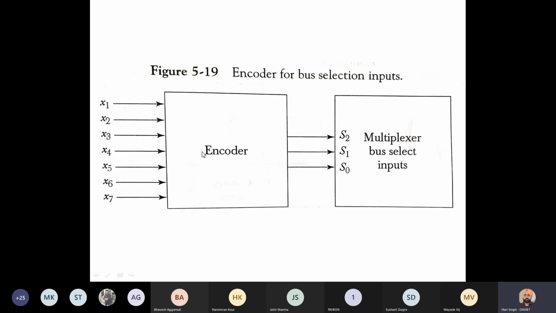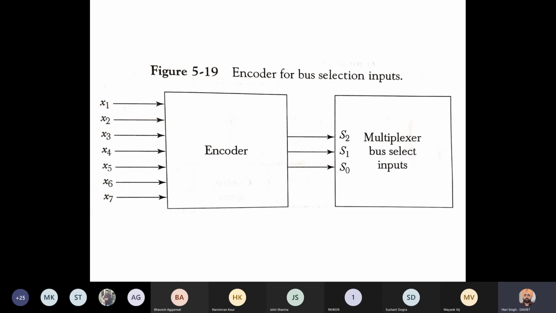In this, we need an encoder circuit. Inputs to the encoder circuit will be X1, X2, X3, X4 up to X7. These 7 inputs are given as input to the circuit, and outputs generated will be S0, S1, S2.